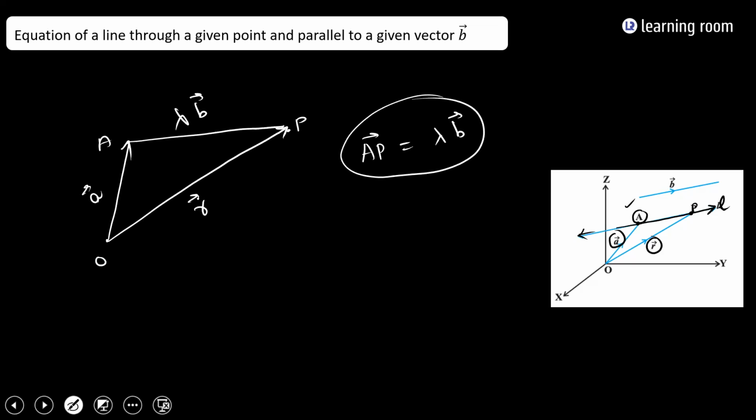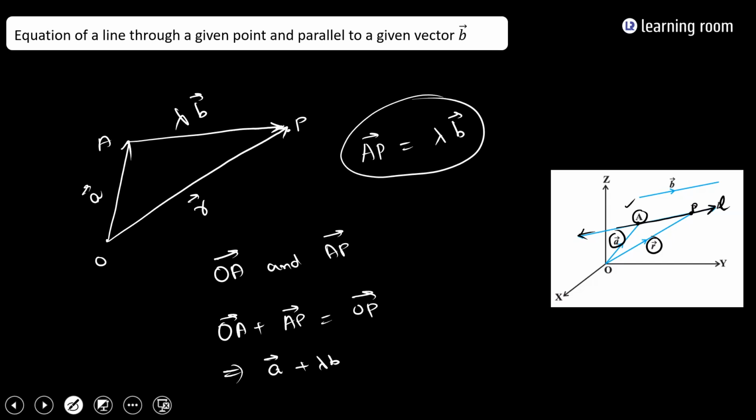Now if you see, we have a triangle where the sides OA and AB are continuous. So I took the AB vector because the B vector is in the rightward direction. I know that the OA vector and AB vector are continuous. So from the triangle law of addition, what can you say? OA vector plus AB vector will be equal to OB vector. So OA vector plus AB vector is equal to the B vector, which implies A vector plus lambda times B vector